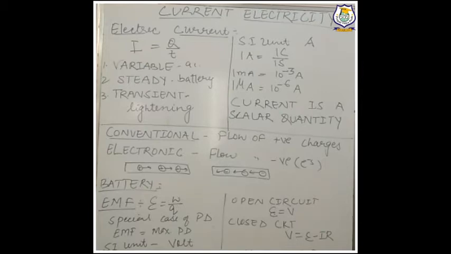So the main concept that is coming out is that to have flow of current, what should we have? Potential difference. If potential difference is there, then we will have flow of current. If potential difference is not there, no current will flow through the circuit. I would like to relate this flow of electric current to the flow of water.